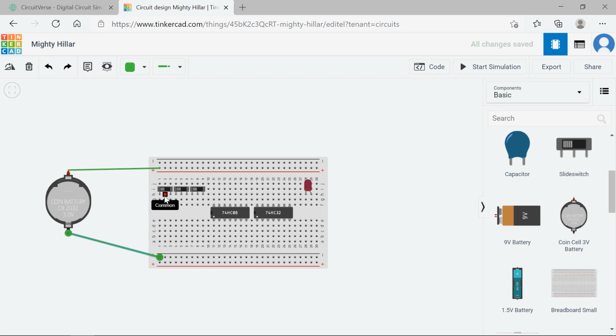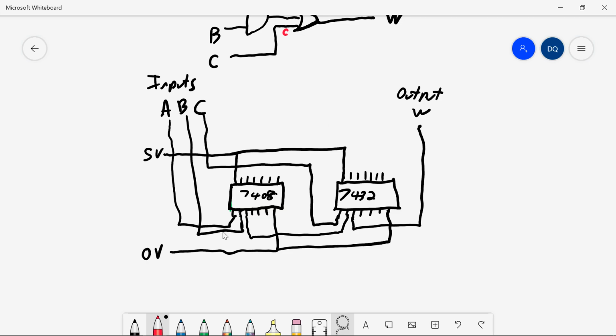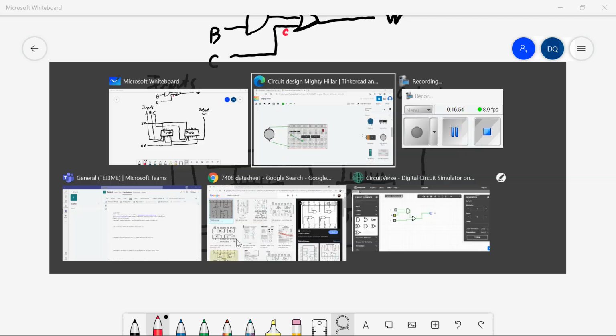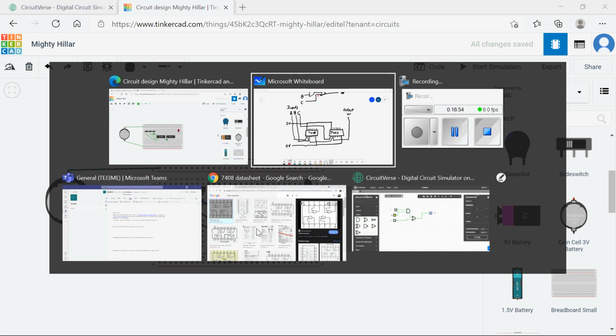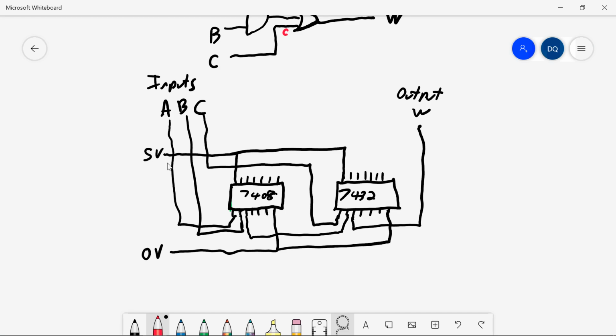I'm going to connect the middle. The middle of that switch is the input. That's going to go here to this pin. So I am making this connection here. A goes to this pin. The middle of B, it's got to be the middle, is going to go to that pin. And the middle of C, I'm going to put over here because notice when you look at our wiring diagram,